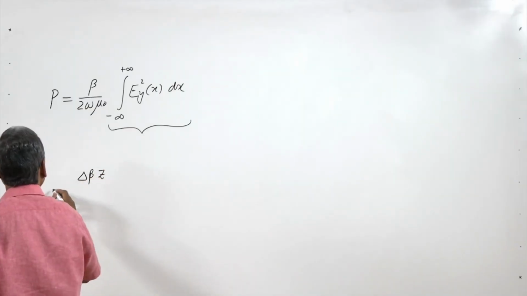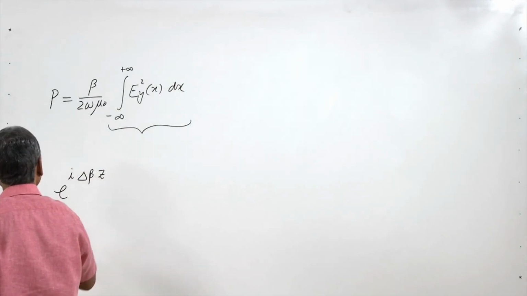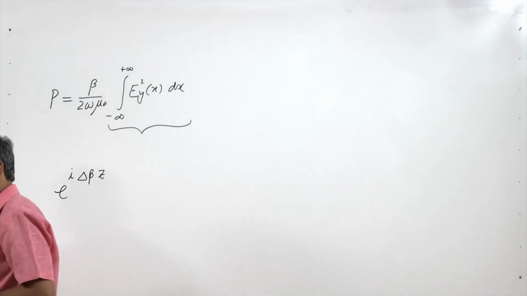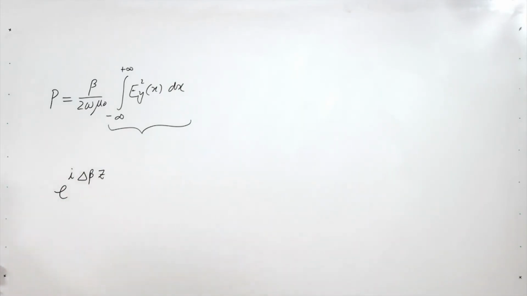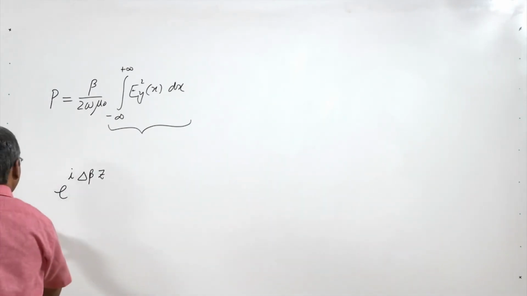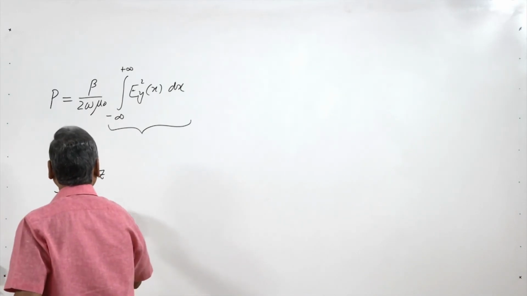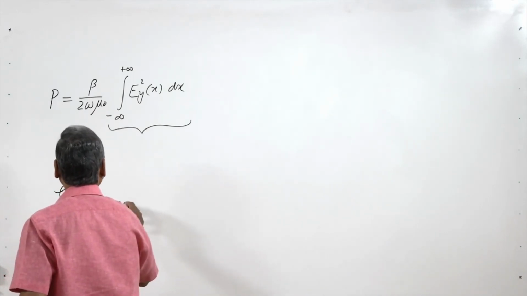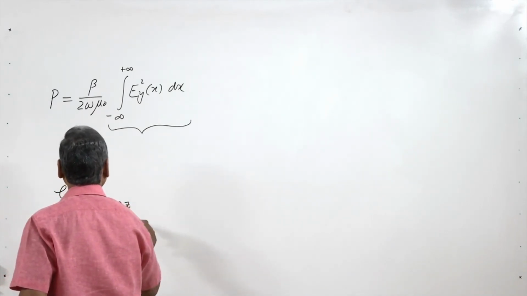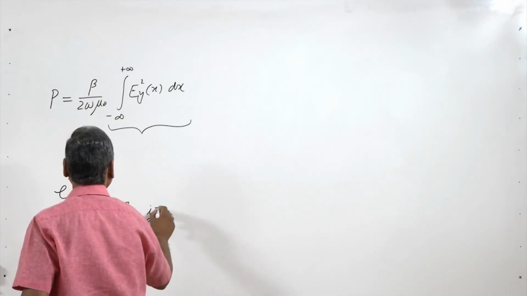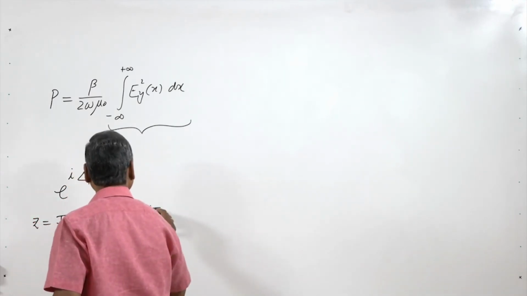So, you will have e to the power i delta beta z, and I know that at z equal to pi over delta beta, this e to the power i delta beta z would simply be e to the power i pi,